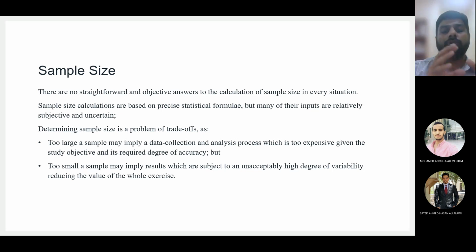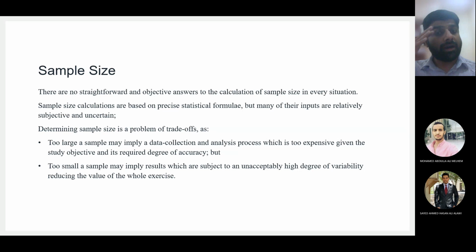So you have to negotiate between two parameters. Either you end up collecting too large a sample, trying to collect as many values as possible, but that will be expensive. And it may be unnecessary if the study does not require so much accuracy, or the objectives of the study are not so broad, are not so important. So you are collecting a sample just to show that my signal works, or just to show that this highway is used more than the other highway. So you don't require so much accuracy in these things.